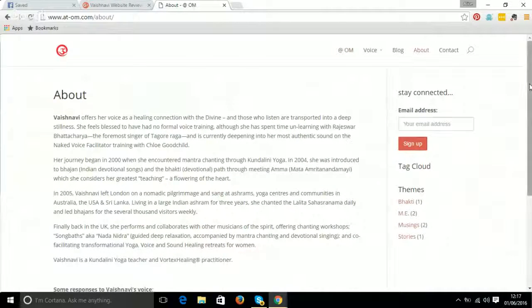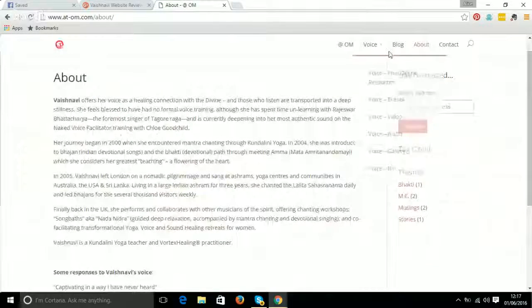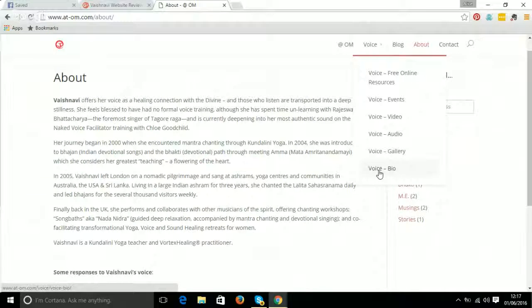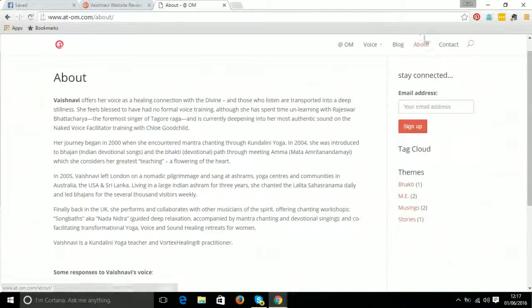So your about page, which is your biog as well. By the way, you don't need to have that duplicated because it's pretty much the same biog. And if I have missed some differences, I would just integrate them and take this off the bottom of this menu and just stick with the about page. We'll start with the about page actually. What you can also do with this is, because this section here is really about your